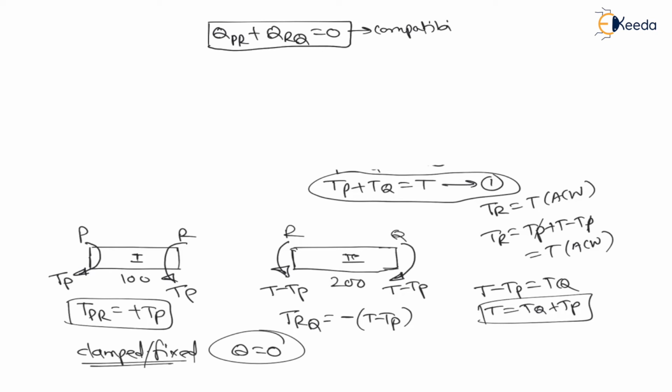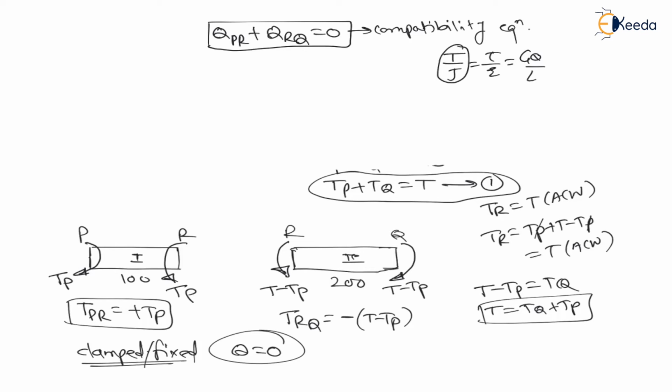Right? This is called the compatibility equation in engineering mechanics. Now, in torsion, what is the torsional equation? The torsional equation is T by J is equal to tau by R is equal to G theta by L. This is the torsional equation.